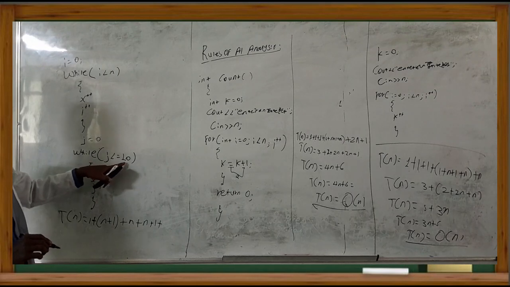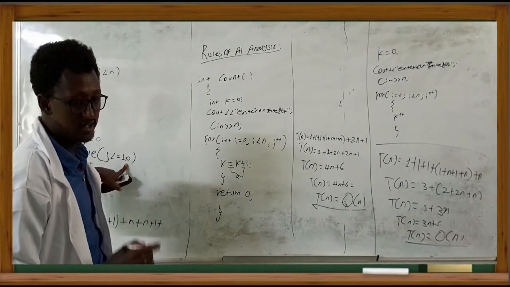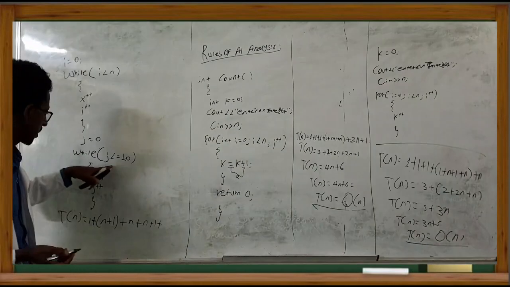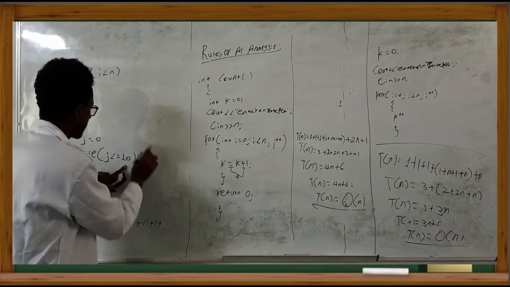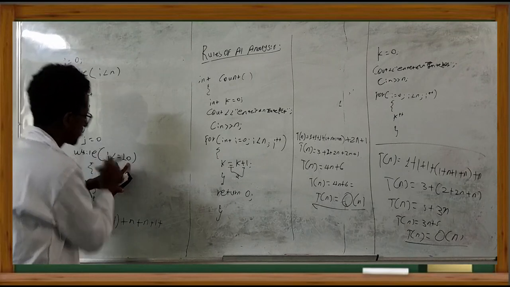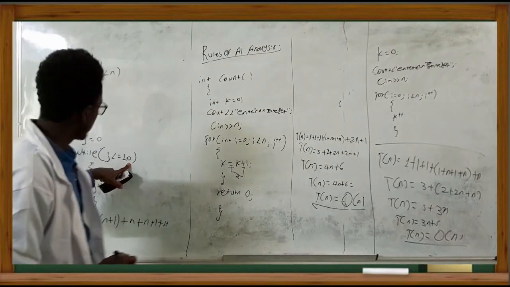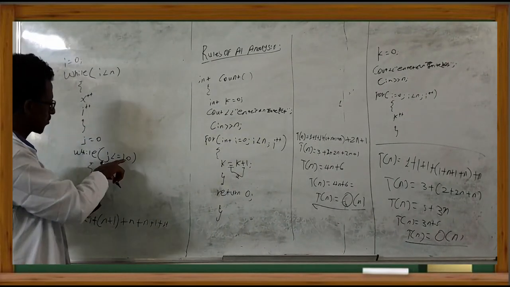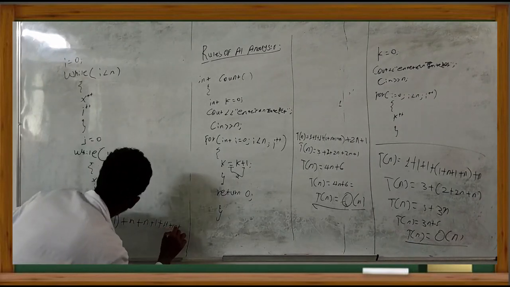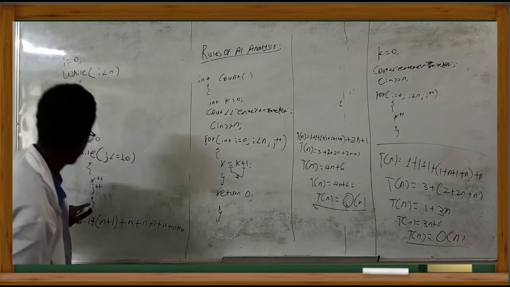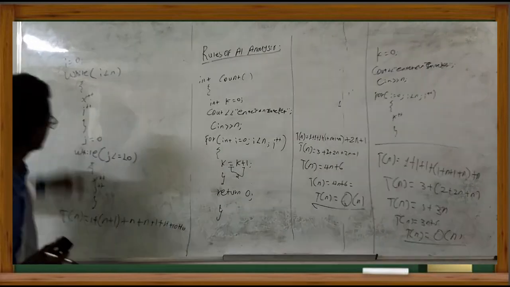Actually here, n is fixed. That means n is 10. So for the while loop condition check, it requires n plus 1 time units. N plus 1, meaning n is 10, so it needs 11 time units. And then for x and j, it requires n iterations. So for x plus 10, for j plus 10, and finally we calculate the time required for this fragment of